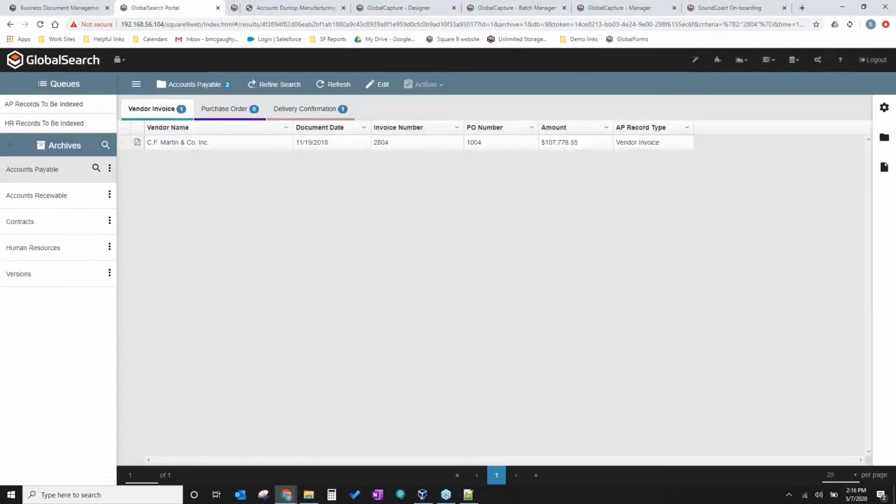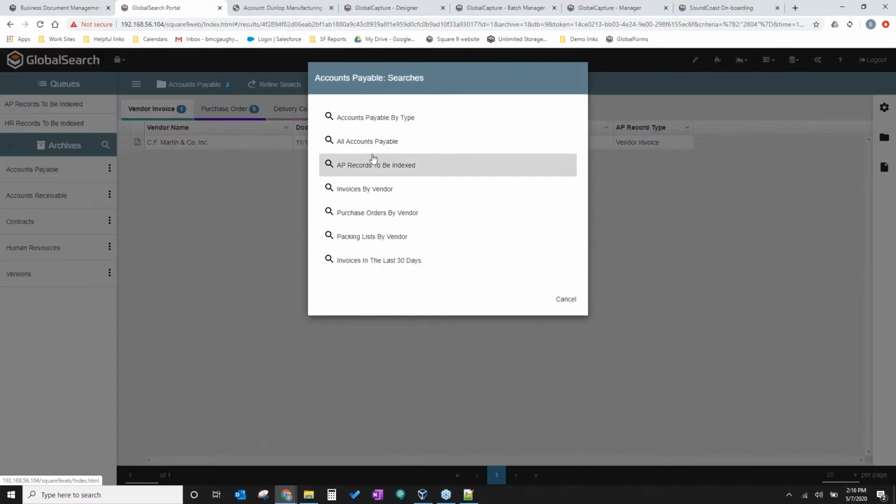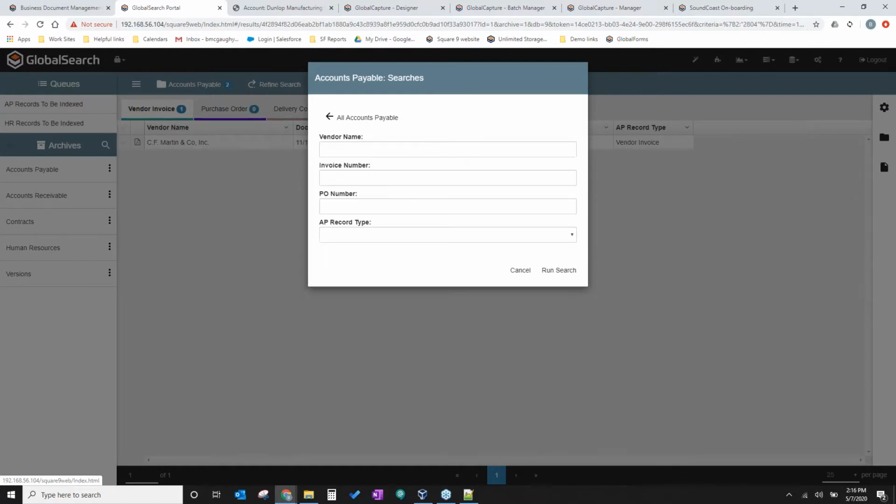So I'm going to jump out of this, go back to my global search, and take a look at a couple of other archives here and some of the search capabilities. In accounts payable, we talked about doing an overall search by typing out an invoice number. We can actually enter multiple fields.